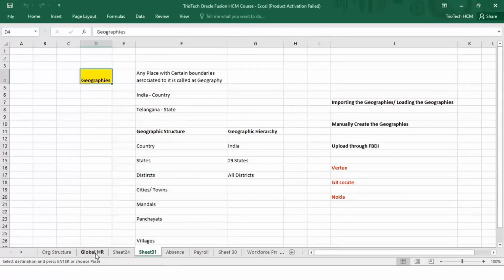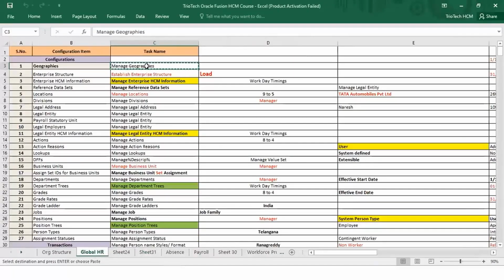So I told you yesterday how we can configure the geographies for different countries in the system. If it is the United States, Canada, and Mexico, what is the different approach that we have to follow in order to create the geographies in the system? Right team? Now today let me start with the very next topic in the core HR module, that is